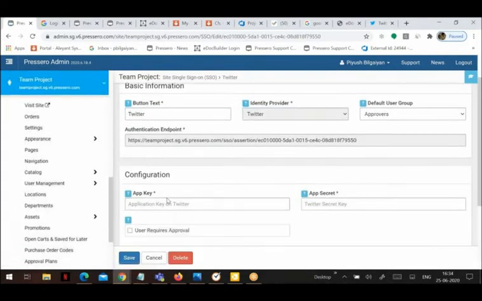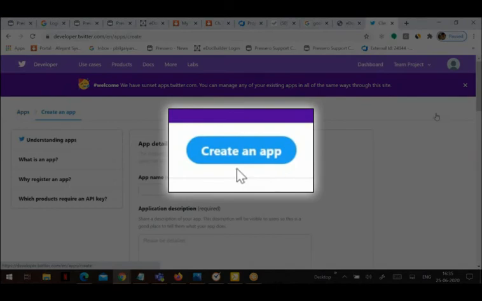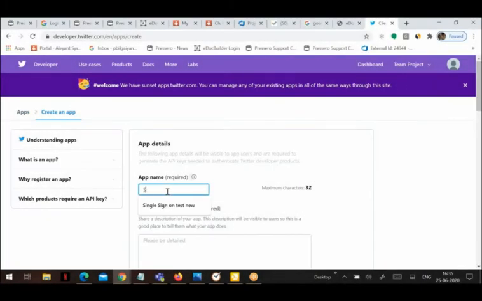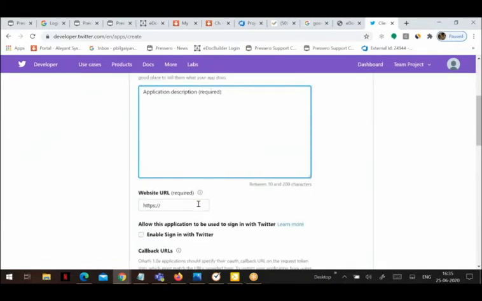The steps are going to be the same. This time we again need the app key and the app secret. And you need to make a note of authentication endpoint. So let's go back to the developers console for Twitter account, and let's see what needs to be done there. Create an app, give it a name, add some description here,